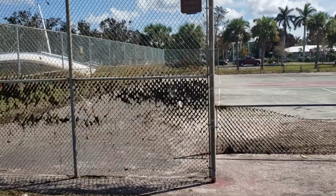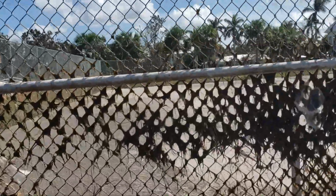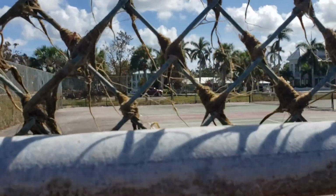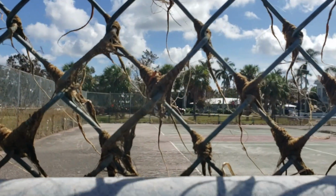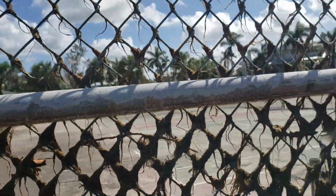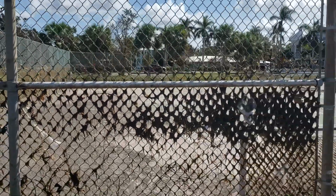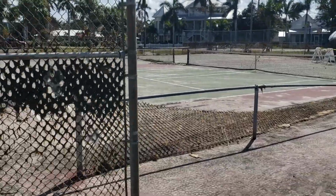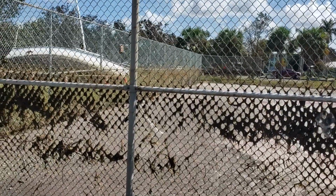This water was, walk over there. I'm 5'7". So if I'm standing right in front of this, this is my eye level, and I am 5'7". This was at least 6 feet. This was at least 6 feet here. Insane. All right, I'm gonna cut this off here. I may shoot some more along the way, but